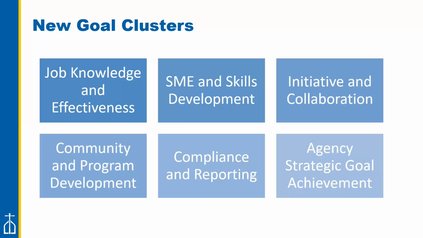Okay, so the first goal cluster here is job knowledge and effectiveness. This is the sort of baseline. This is what each employee at the agency needs to do, or how they need to contribute to keep their job and to maintain and continue the flow of business of each of your departments. Okay, so what I mean by that is if you have a direct report who has some challenges of performance